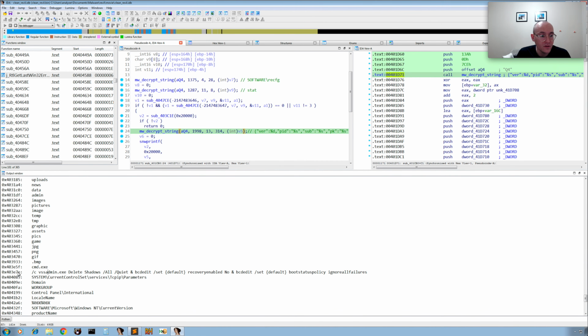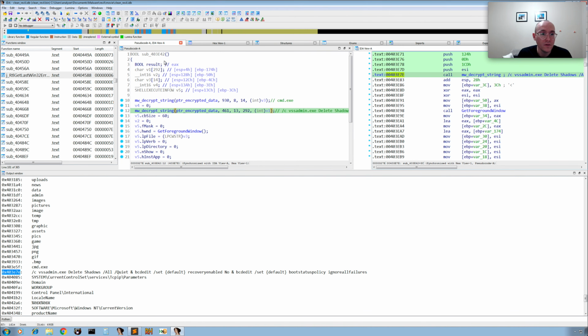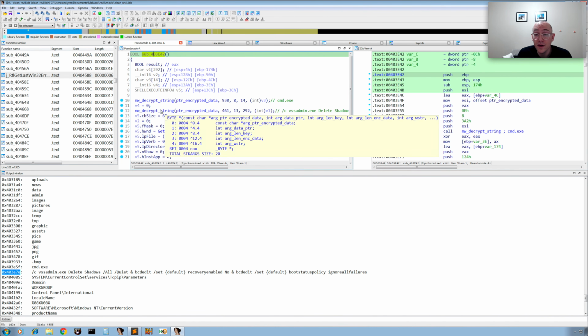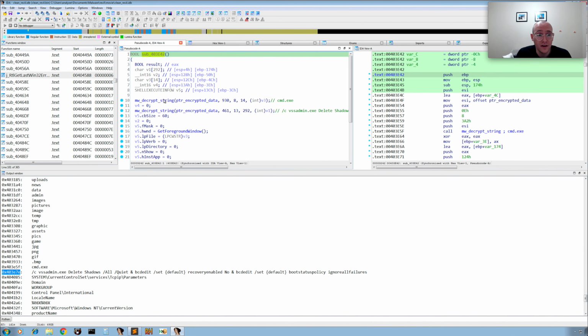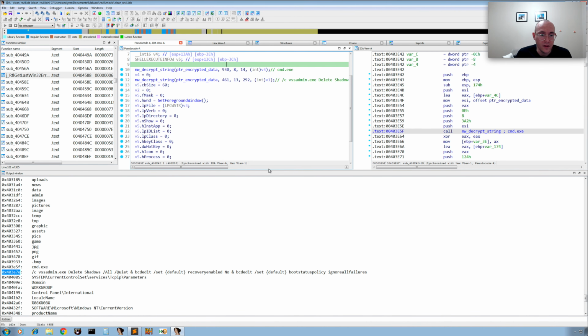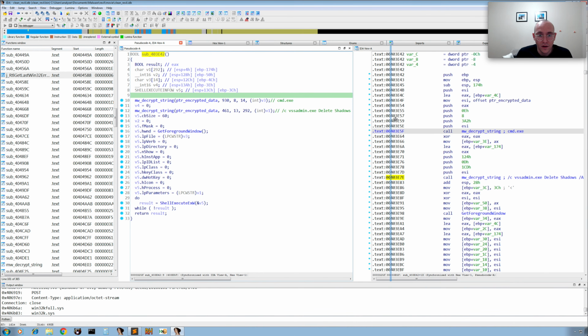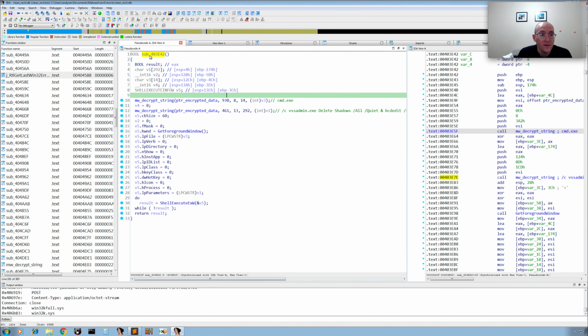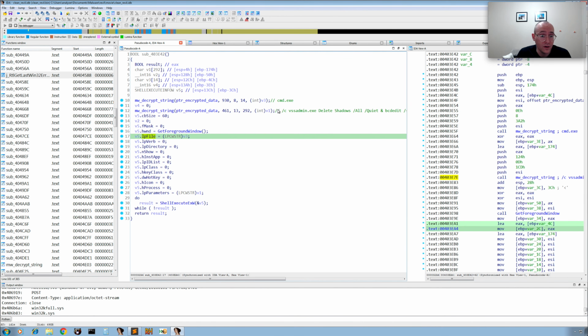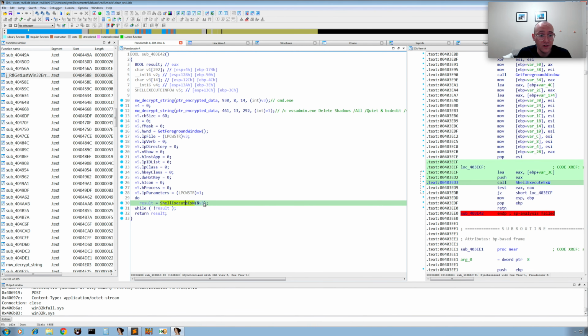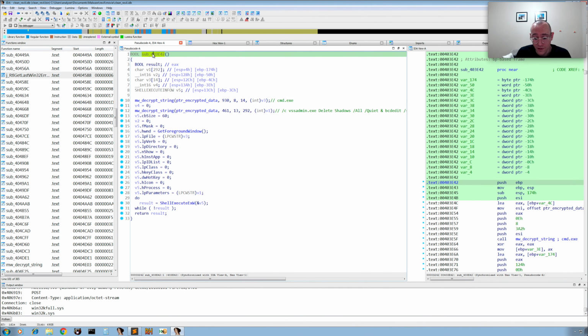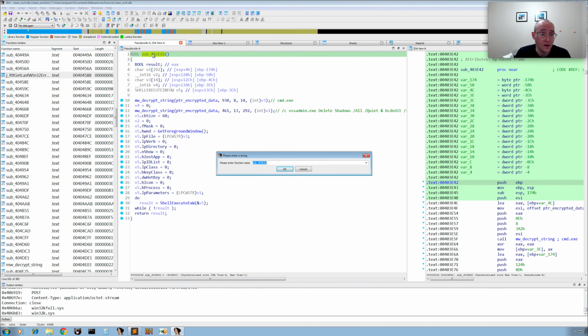So what we can do is double click on this address here, and we know that this function is being used to delete the backups. So we can see these strings here. I'll make this a little bit bigger so you can see what's going on. This function has these two decrypted strings: this string is being passed to lpFile, this one is being passed to the parameters, and then we're calling ShellExecuteW. So for this whole function, you don't even need to do very much reverse engineering. You can just rename it as malware delete